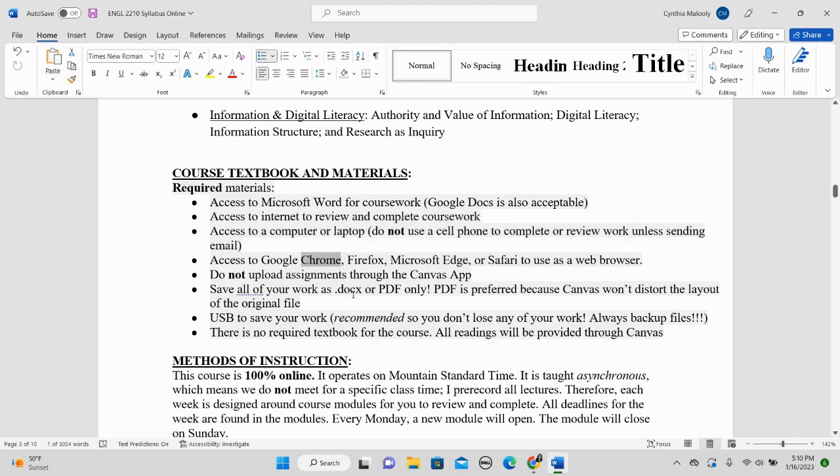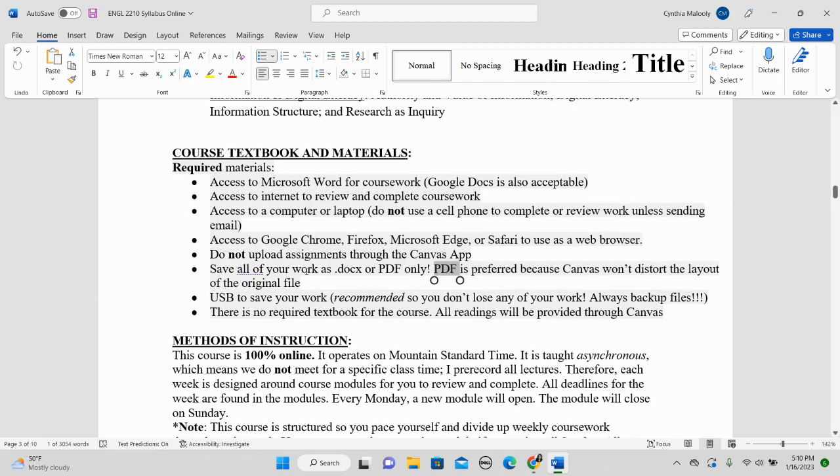You want to save your work as a docx or PDF file only. PDF is preferred, especially in this class when we get more into design, because Canvas, when you don't have it as a PDF, doesn't freeze the document and it kind of distorts the layout of what your actual document looks like. And I meant to say here, I'm going to add,